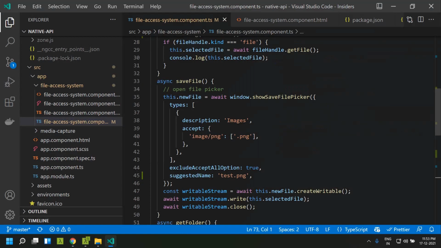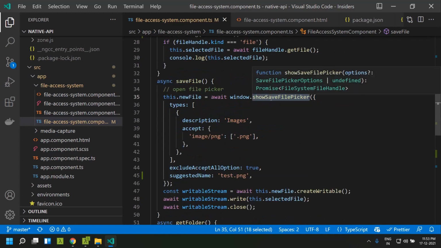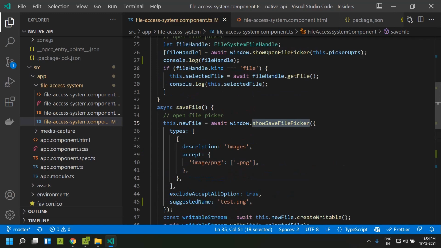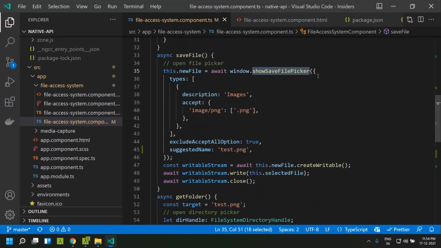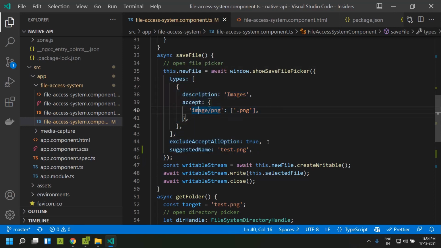The File System Access API has a second method called showSaveFilePicker. Previously we were calling the open file picker. Now we will be able to use this particular file picker to save a particular file. The signature of this API is similar to what we saw earlier. We can pass a save file picker options object to this, and it is very much similar to what we saw earlier.